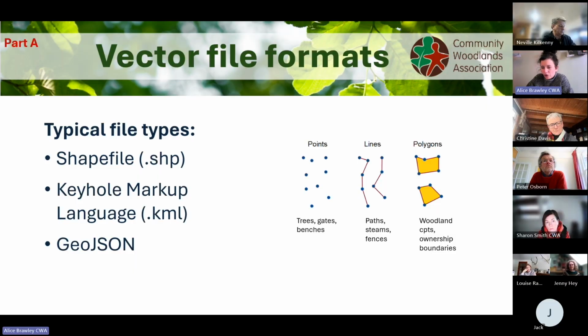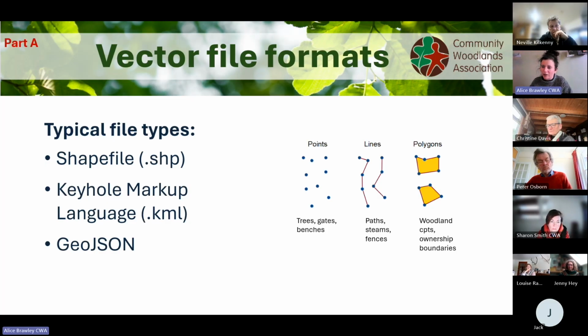Yeah, so that's kind of all you need to know about vector models. The very last note on it is an introduction to some file formats. So vector data, so remember that's your points and your lines and your polygons, can be stored in lots of different ways. And I guess unfortunately or fortunately, there's quite a lot of ways in which you can store this